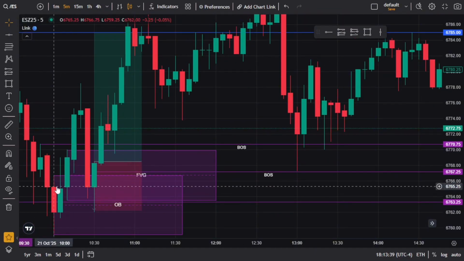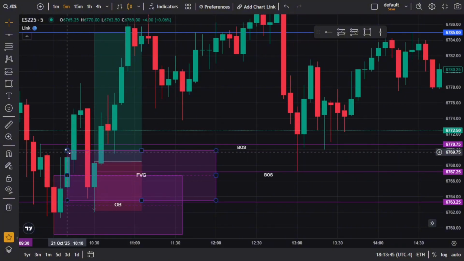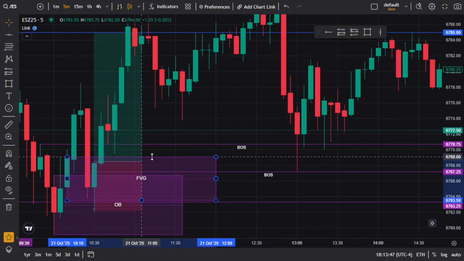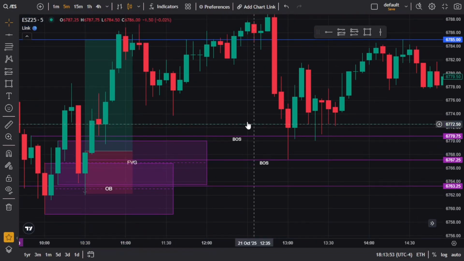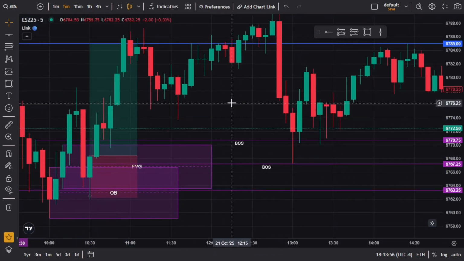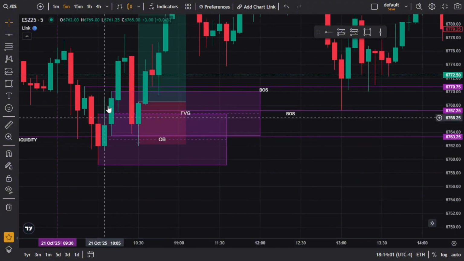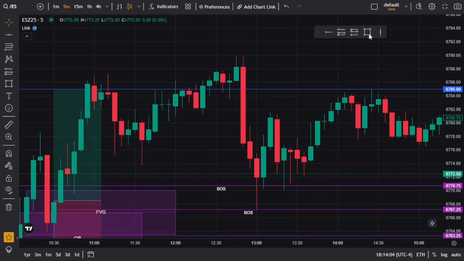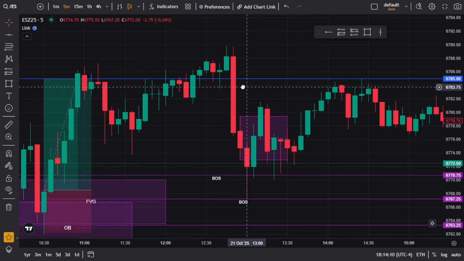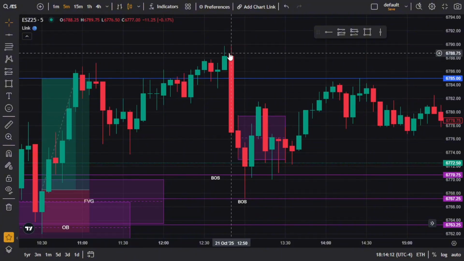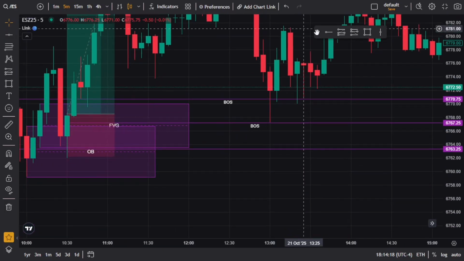Fair value gap. What is a fair value gap in an uptrend? It's the gap between the first candle and the last candle. It's going to be that gap. Whether you want to mark it here, it doesn't matter. It's just the gap where price skipped sellers, meaning it was only green. Same thing in a downtrend. As you can see here, we marked it out because this was the gap between these 4 candles. In a downtrend, you'll see that this is our gap. It's not the first candle or the last candle, it's the gap between those. Meaning, in a downtrend, there were no buyers at all. We skipped buyers and shot in the opposite direction. That is called a fair value gap.